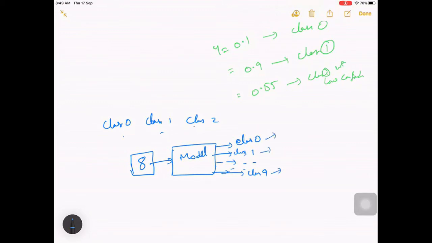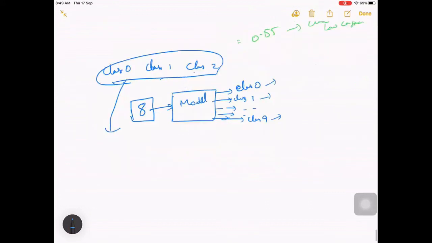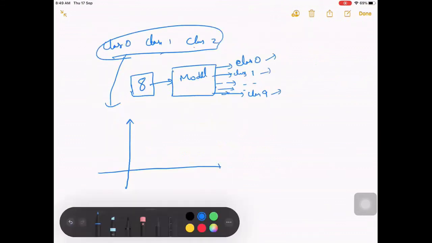So this is a kind of model, let us say, where you have multiple classes, not just 0 or 1. Then how will we do it? Let's take an example of 3 classes. This would be very huge, not so convenient to explain. So this will be a kind of multi-class classification. The previous one was a binary classification. So what we'll do is, let's plot those things.